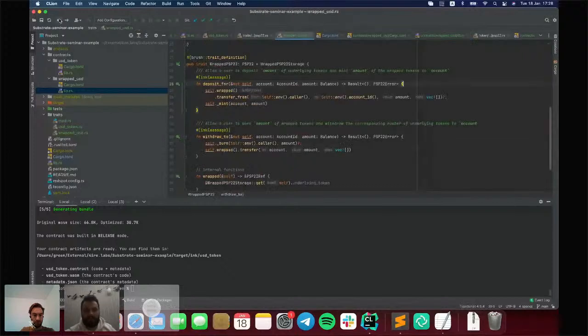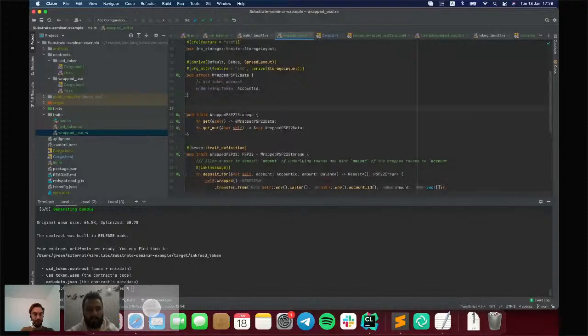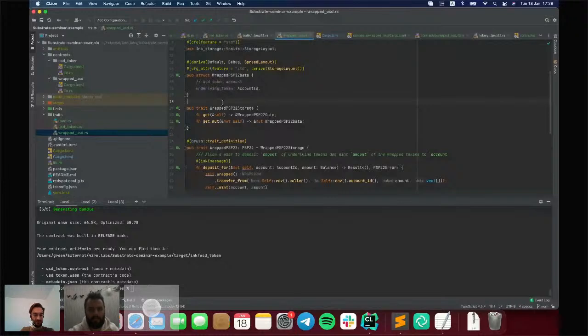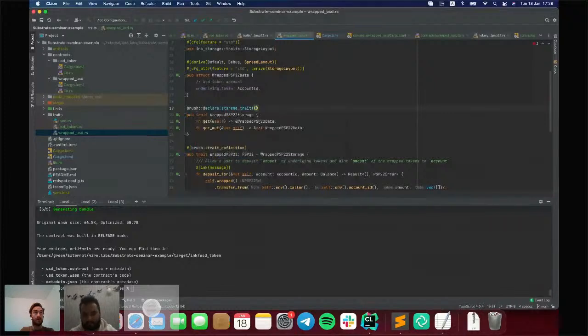So to not define that trait by yourself, OpenBrush provides a macro. It provides the class storage trait macro.